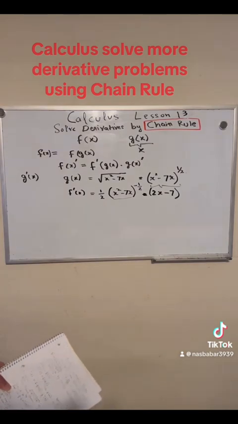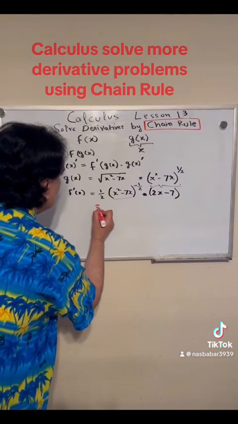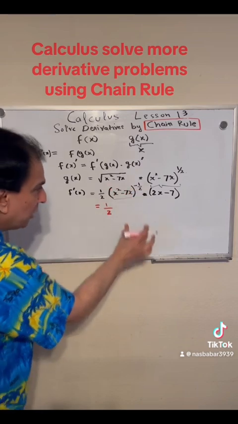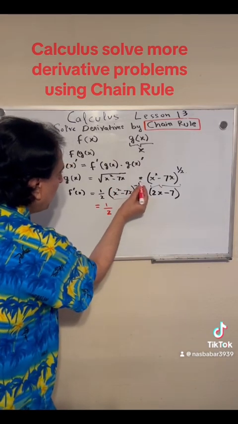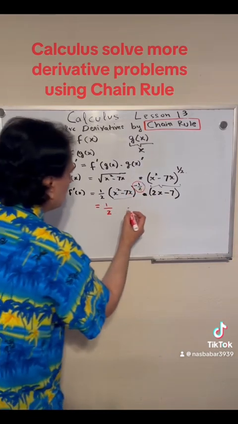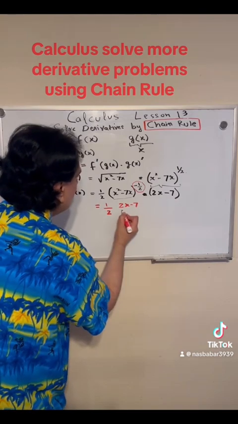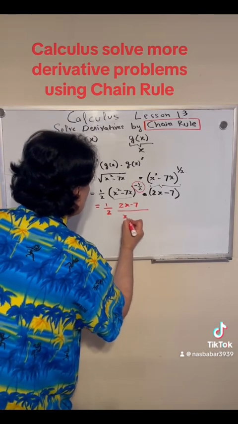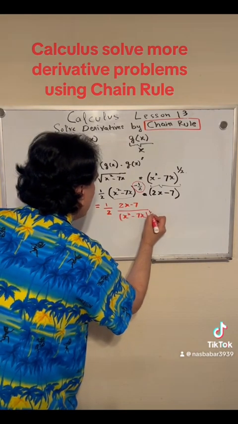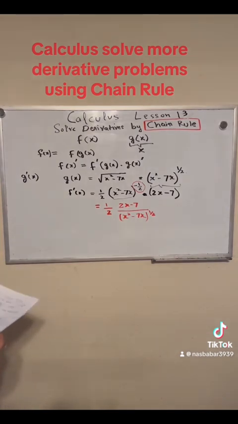So what we can do is further simplify this. We can say 1/2 and then bring this into denominator, so this sign right here will become plus. This right here, we have 2x minus 7, stays in numerator, over x squared minus 7x to the 1/2. Simply brought that into denominator. Now what we can do is,